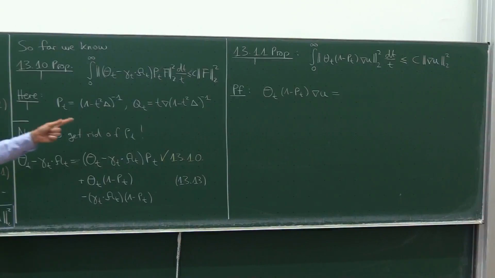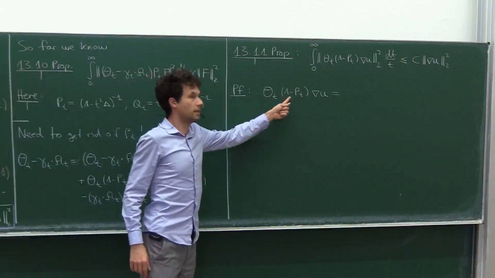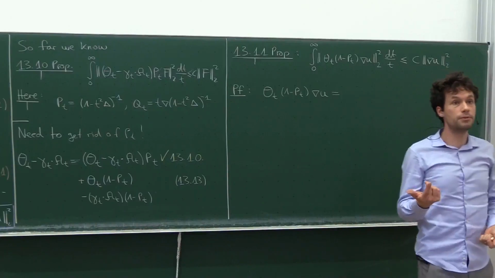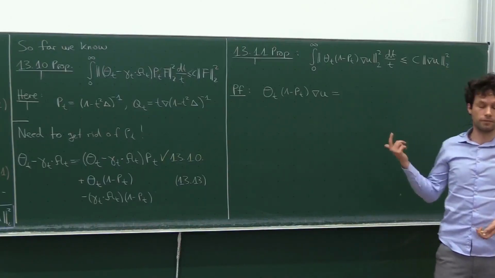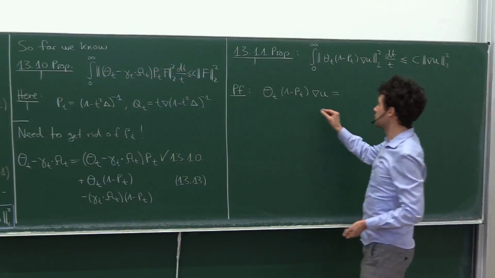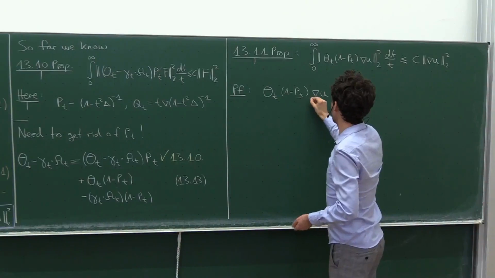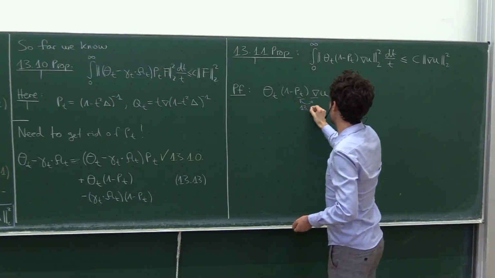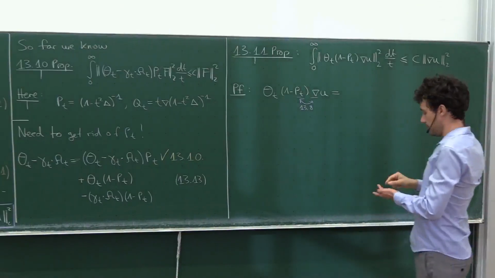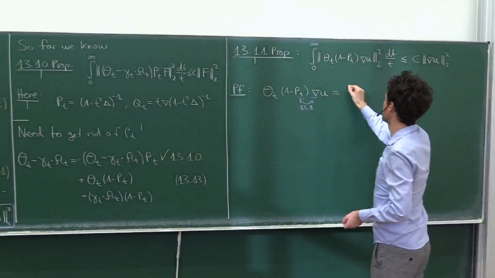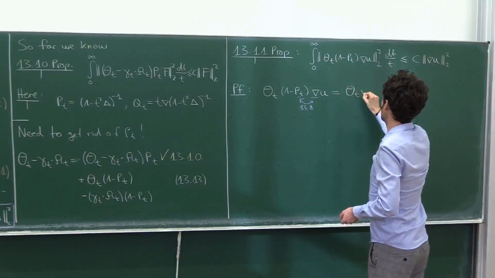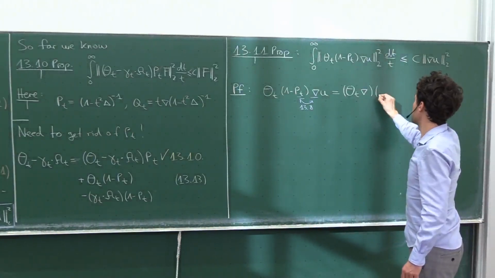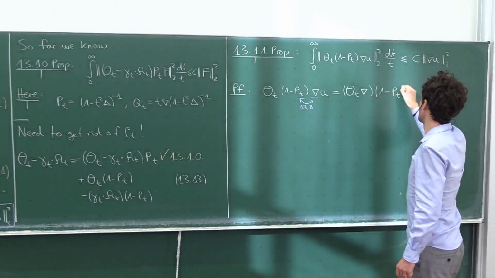Theta of t times (1 minus Pt), as we saw last time, is defined through a Fourier multiplier, and it commutes with the gradient operator. That's one of the remarks that I showed you last time. So the gradient and the Pt commute. This was, I think, Remark 13.8. Okay, so I can put theta of t back together with a gradient, and then I put 1 minus Pt